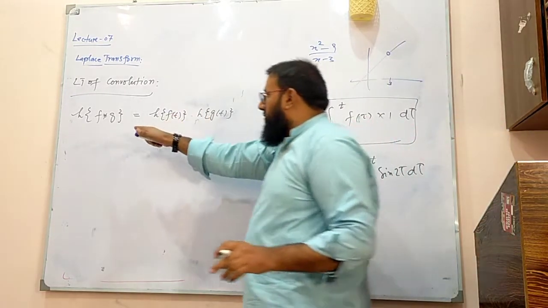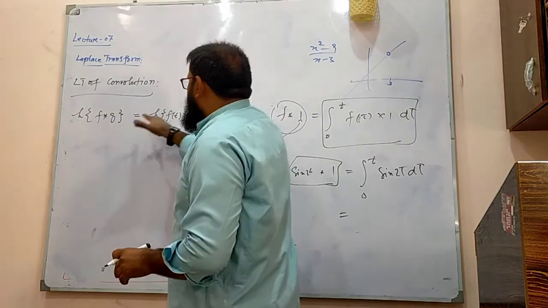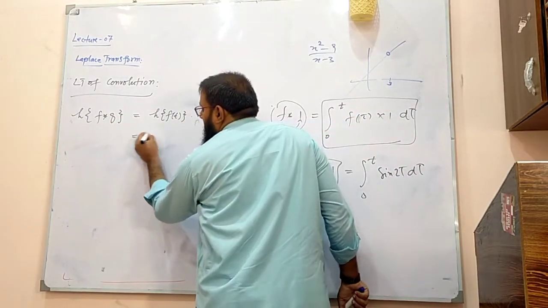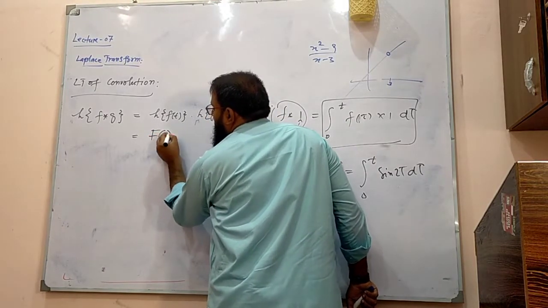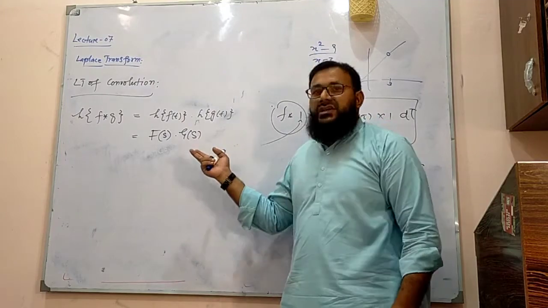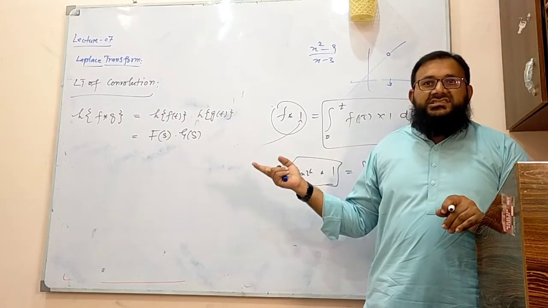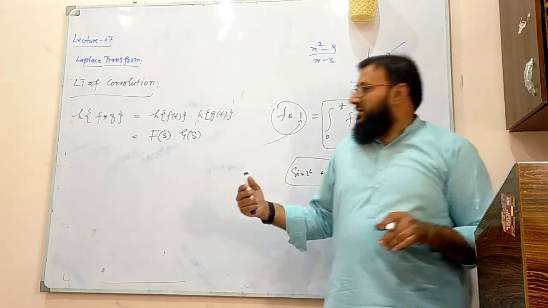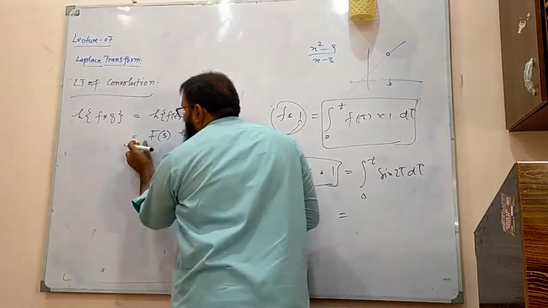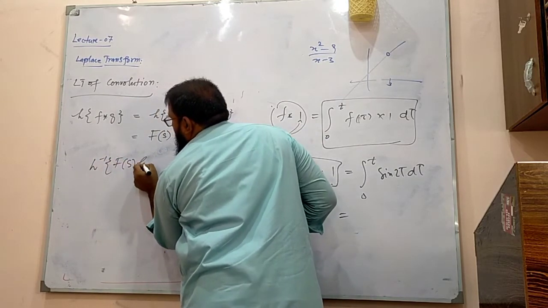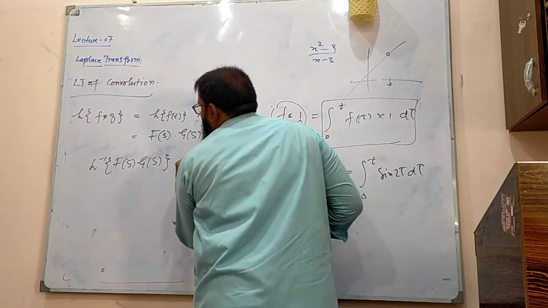So the operation is convolution. After the Laplace transform, that becomes the ordinary product, and we can write this as F of s times G of s. This is not something very interesting. The interesting thing is when you find the inverse Laplace transform. So when I take this to the other side, the inverse Laplace transform of F of s times G of s is simply